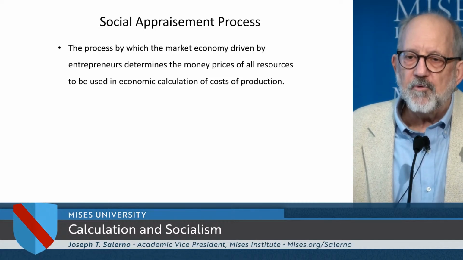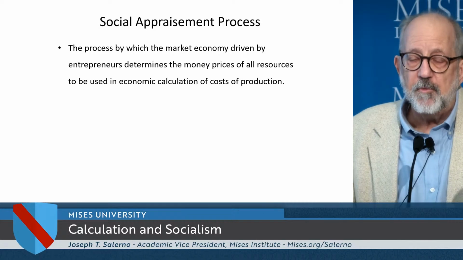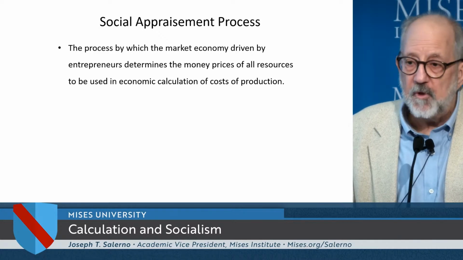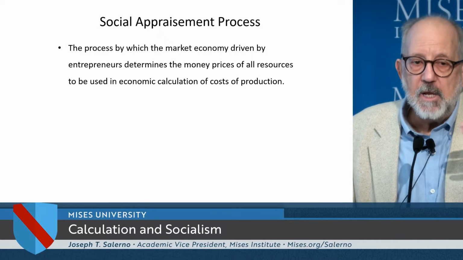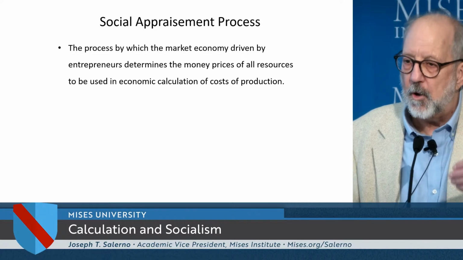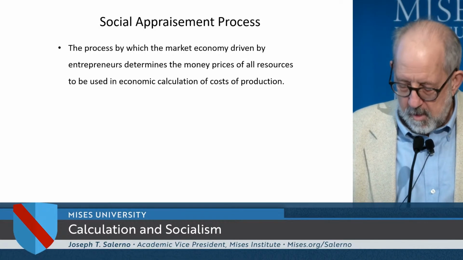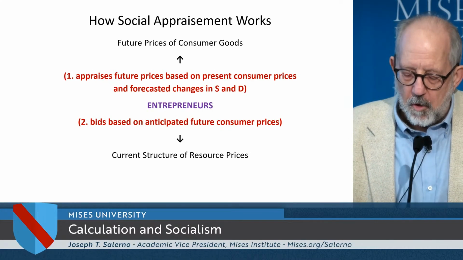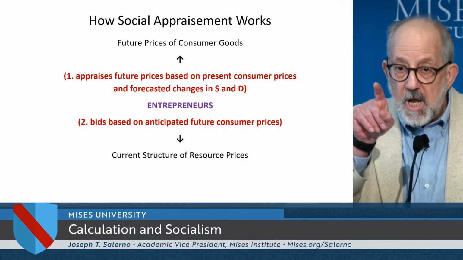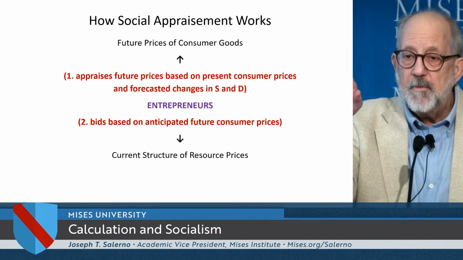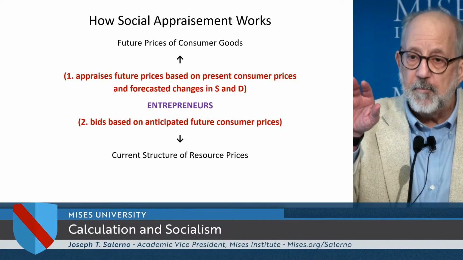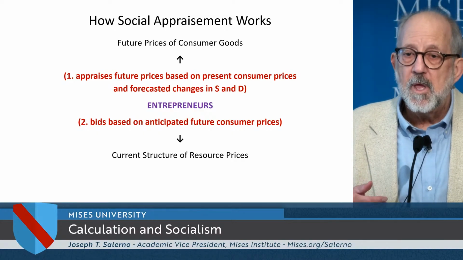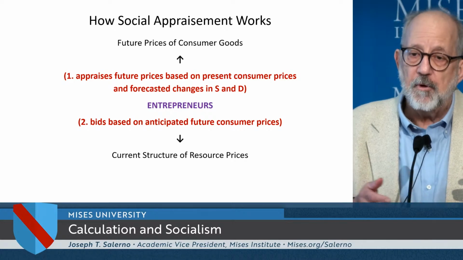So the entrepreneurs are continually bidding, as we speak today, for these resources, and that is causing a structure of prices which you can use, if any of you are entrepreneurs, to produce any good that you think consumers will value more than the cost that you've laid out for it, okay? I can't stress that enough. So they're the entrepreneurs in the middle of the whole process, okay? They're looking ahead at what prices they believe will be paid for various goods that they're thinking of producing in the future. And based on those prices and their experience, they're then bidding against each other for resources.